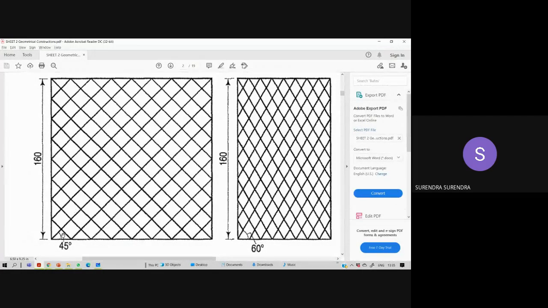To maintain the distance, mark points at every 20 mm. Mark points at every 20 mm on the horizontal line and on the vertical line so that you can draw this pattern. Is it clear? It is just simple, don't think it is ridiculous. But this is for making you practice with the drafter.